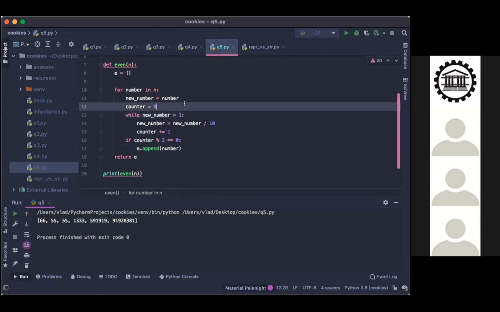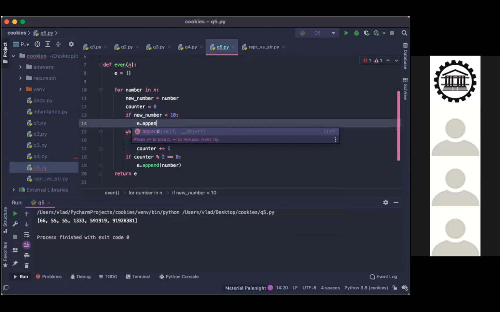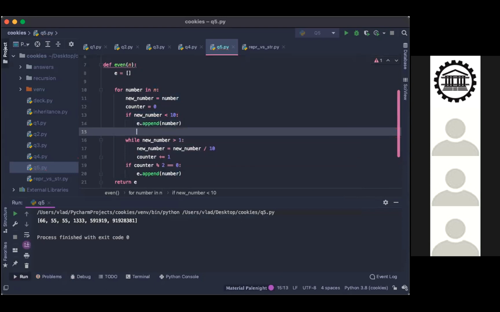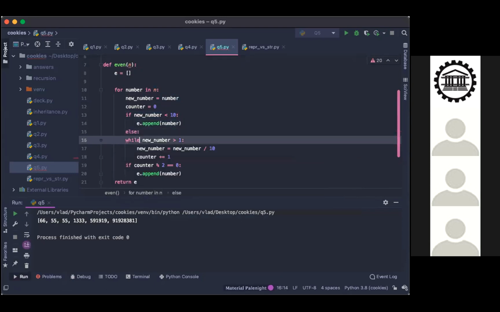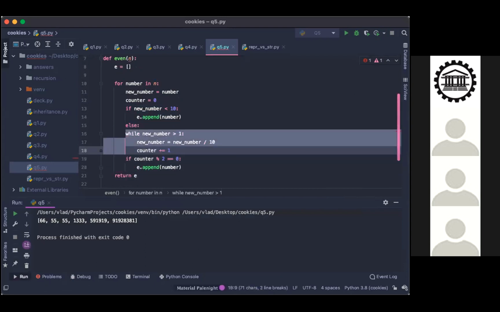You know what we could do? If new number is less than 10, then we don't want it to go through the while loop.